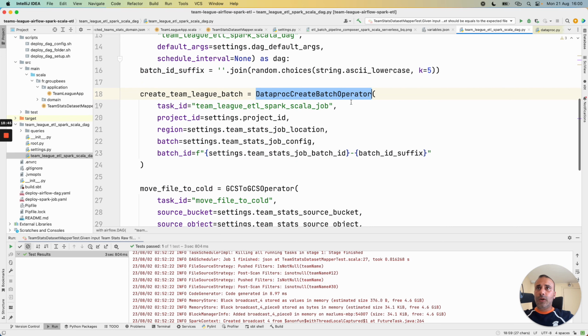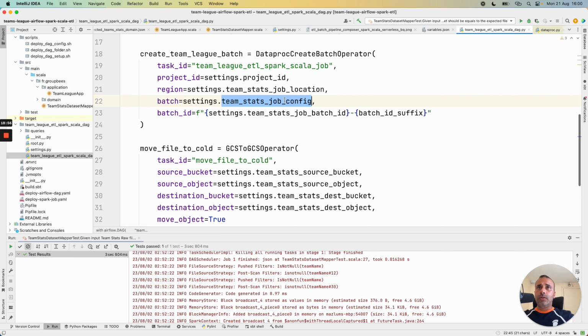For this operator, we pass the task ID with Apache Airflow, the project ID, the location, also all the job configuration. We give all the job configuration to our Dataproc serverless job.